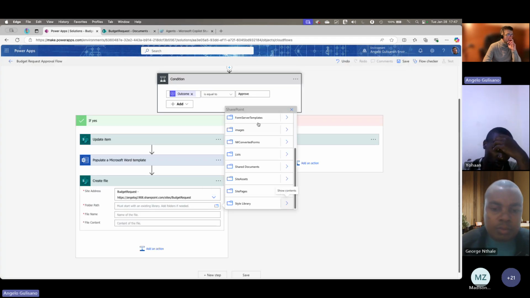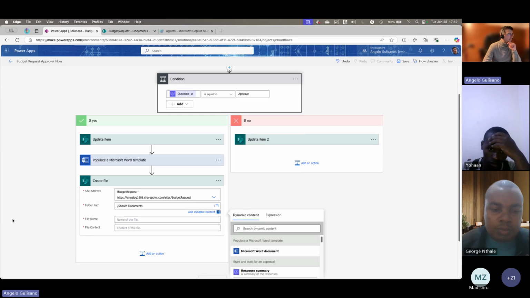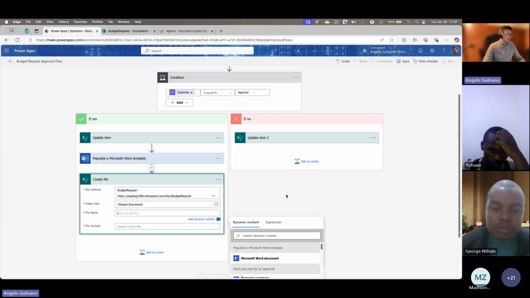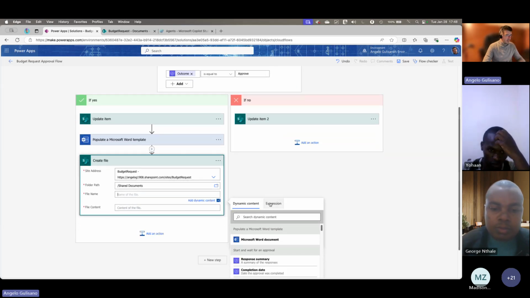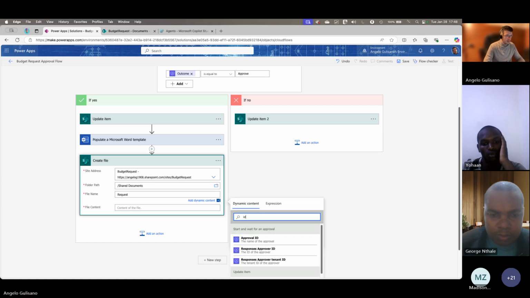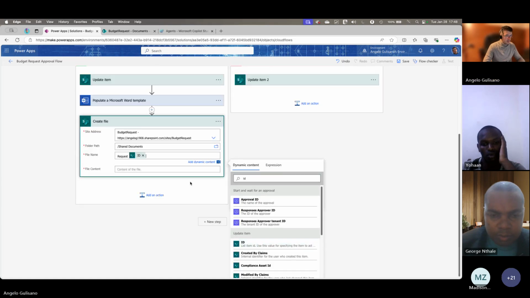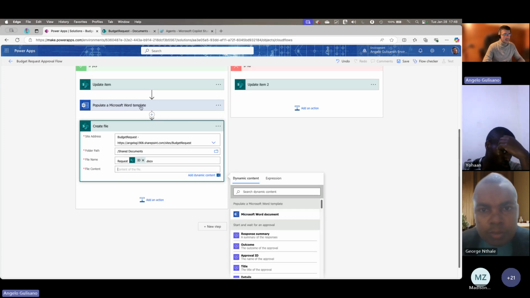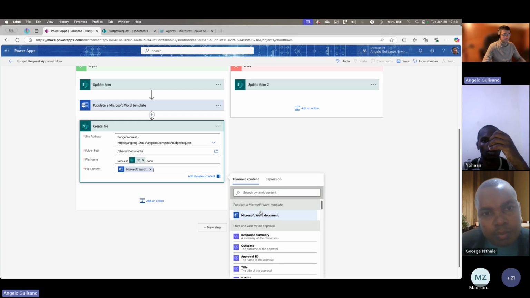Shared documents. Okay, and here we set the file name, for example, request, id, docx, and the content of the file is the result from populate Word template.